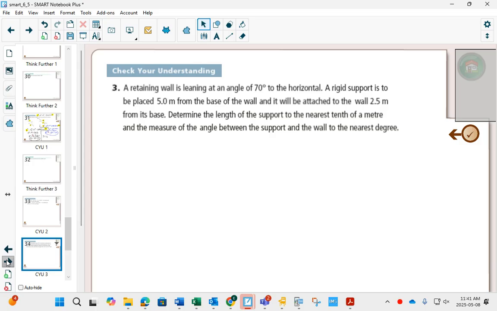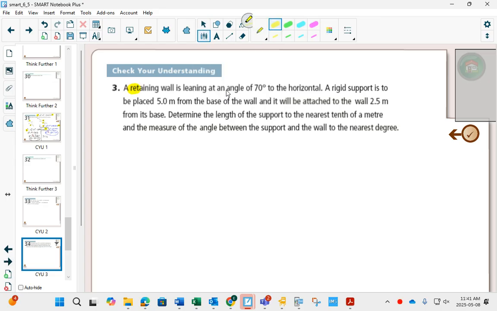A retaining wall is leaning at an angle of 70 degrees to the horizontal. A rigid support is placed 5 meters from the base of the wall and will be attached to the wall 2.5 meters from its base. Determine the length of the support and the measure of the angle. So first of all,